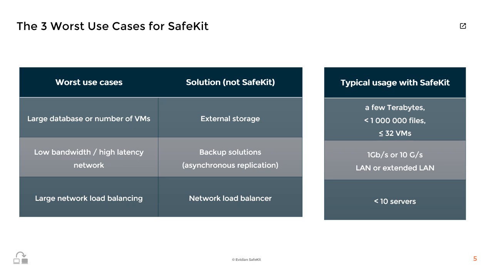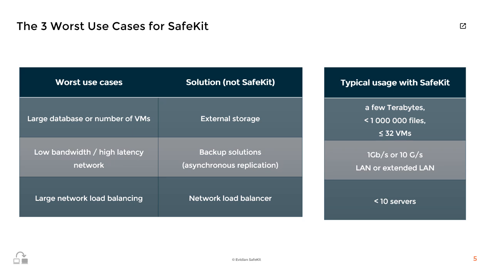In the second worst-case scenario of SafeKit, a slow network can be problematic. Good latency, typically less than 2 milliseconds round trip, and good bandwidth, typically 1 gigabit per second or more, are essential for synchronous replication and resynchronization after a failure. For slow networks, asynchronous replication to a disaster recovery site is recommended with a backup solution and no automatic failover. An extended LAN between remote sites is a perfect network solution for SafeKit as it offers the advantages of a fast network, while also having the capability to reroute the server's IP address automatically without the need for load balancers.